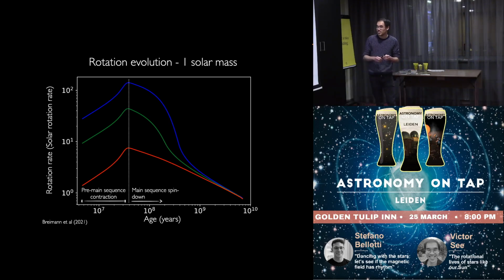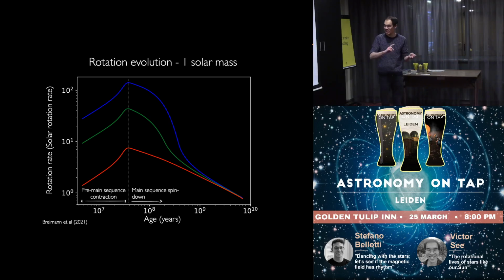An interesting feature of this plot is that regardless of what rotation the stars arrive on the main sequence with, they all settle down onto this relatively narrow sequence towards the end of their lives. And to understand why that's the case, we have to understand how stars generate their magnetic fields,